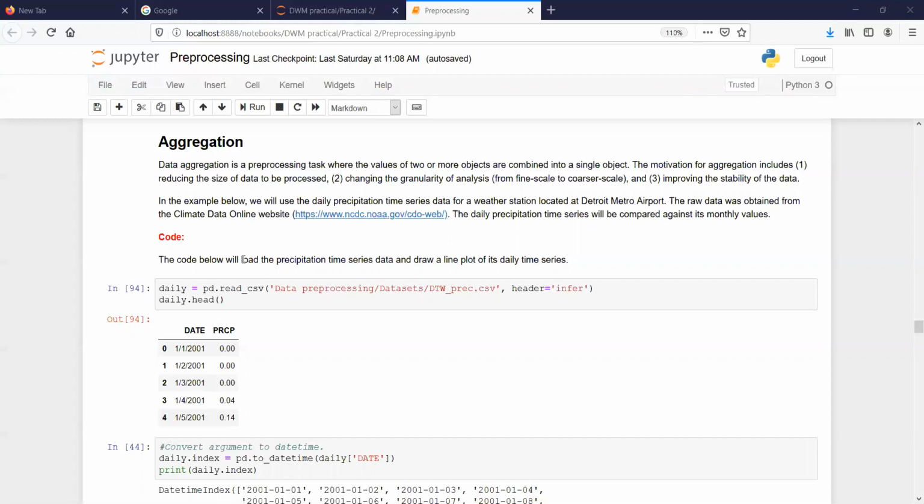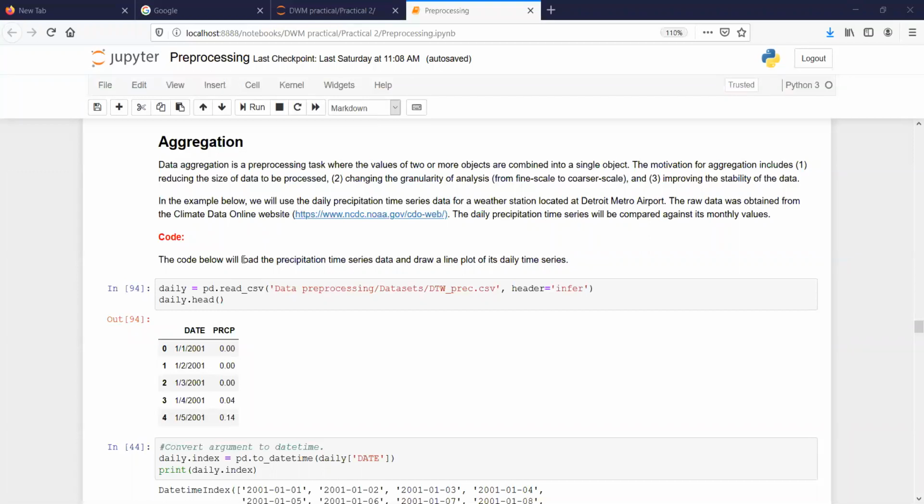First, because of this aggregation, we can reduce the size of the data. Second, the granularity of the analysis will change. For example, if you're analyzing a portfolio, such as the daily profit in a bank, first you will aggregate all the data for a month. Combining those 30 rows, you create only a single row. So automatically the amount of data reduces, and you get a better perspective, like what the monthly profit from this branch is. And second, because of this aggregation, we can also improve the stability of the data.